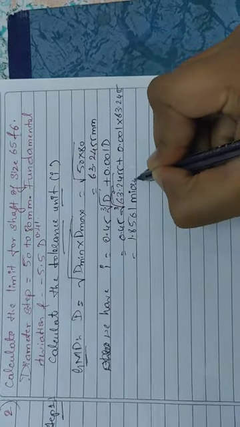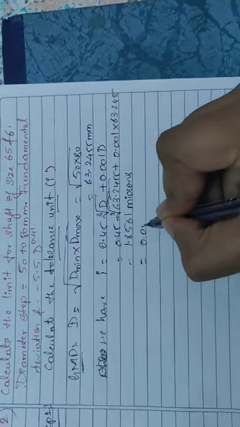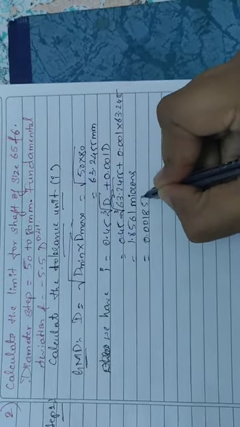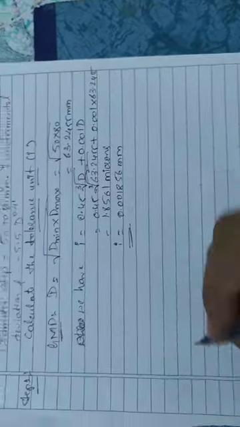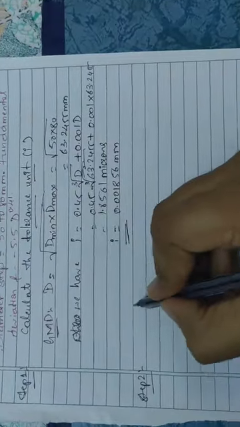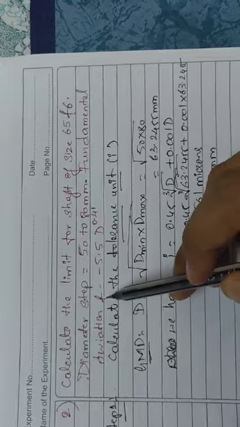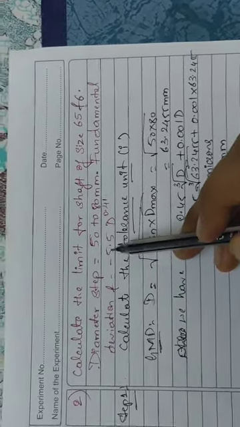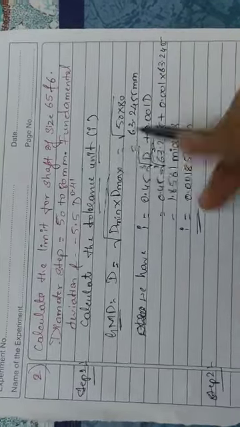You have to represent it, it is very important. Then you have to convert that into mm, that is divide by 1000, which gives 0.001856 mm. That is the tolerance unit. In step number 2, we have to find the fundamental deviation. There is no need to see the figure, because the problem itself gives the fundamental deviation formula, that is f is equal to minus 5.5 D to the power of 0.41.